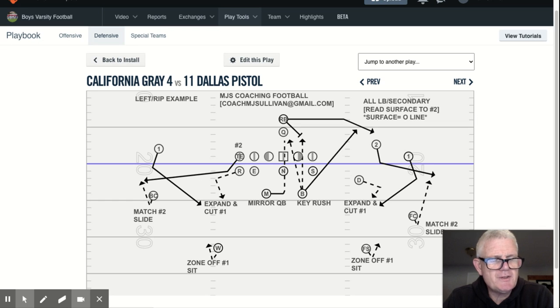Quick background: this is my 38th year coaching football. I've either been a defensive, offensive, or special teams coordinator as well as the head coach at both the collegiate and high school levels. Today I want to talk to you about our match quarters coverage versus what we call